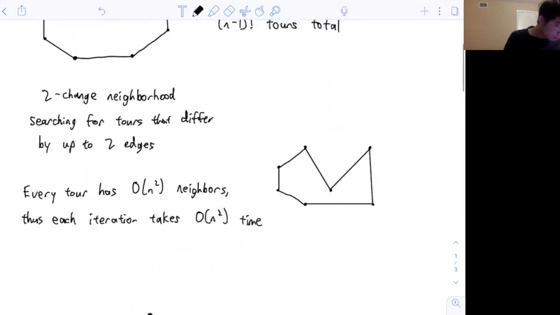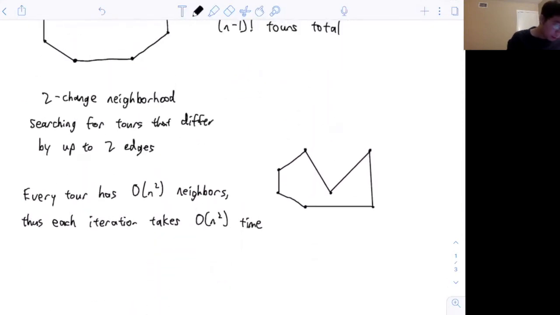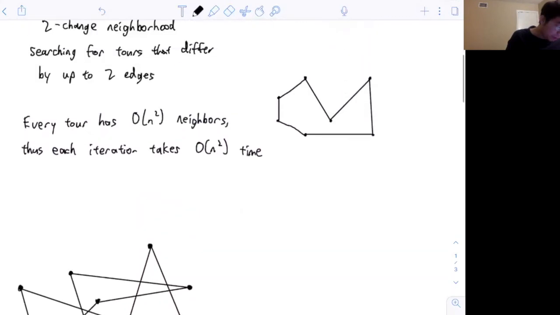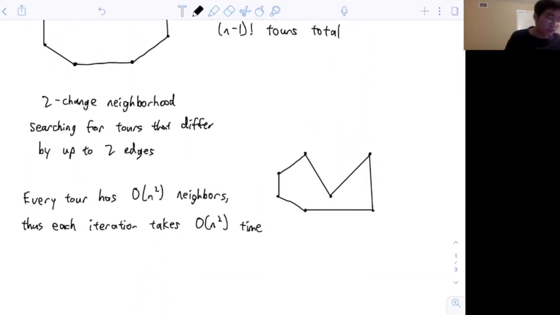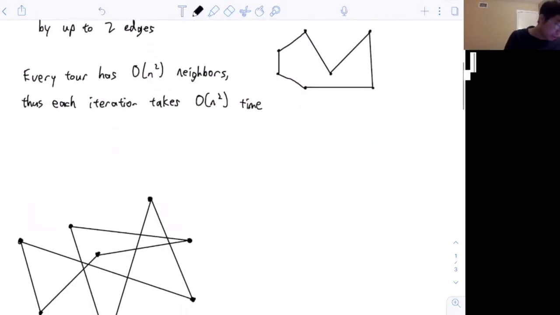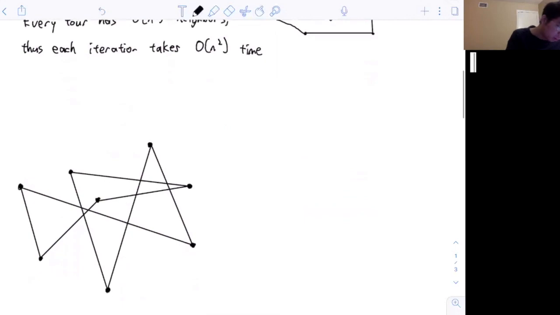Now, remember that if we use two-change neighborhood, we're stuck in this situation. We can improve upon this by loosening our nearness constraint a little. So we'll expand our neighborhood a little. So instead of two-change, we'll call this three-change. A three-change neighborhood,